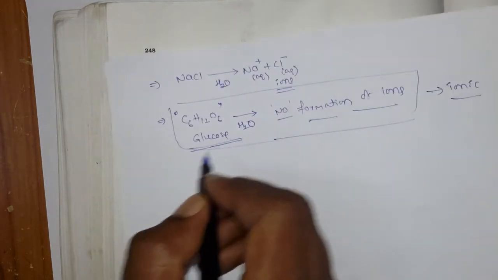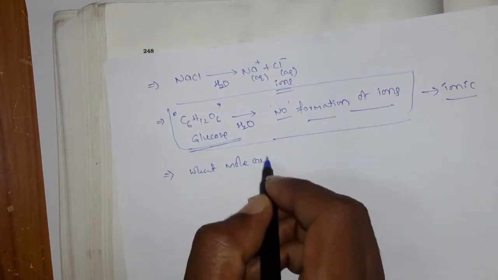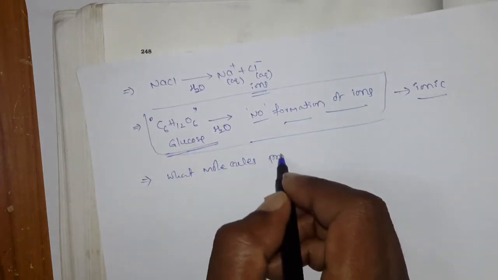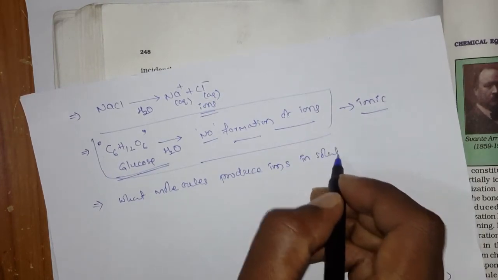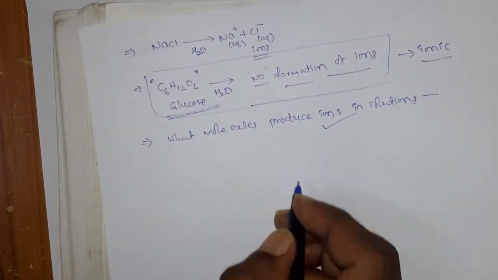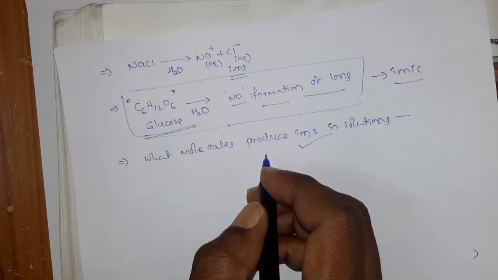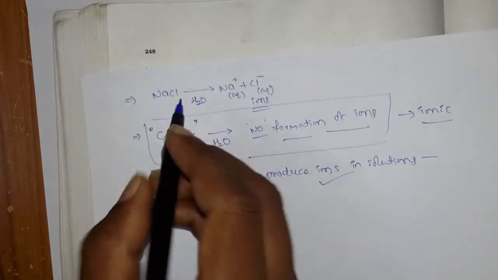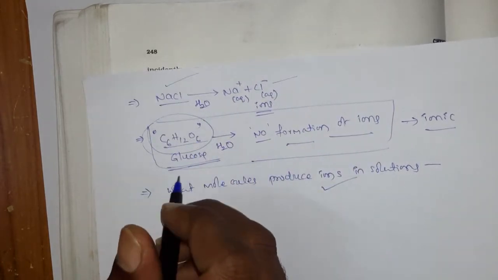Okay, so that is the reason why first you should know what molecules produce ions in solutions. Okay, so this you have to know, right? Because this is very, very important. Once you know what compound can dissociate and give the ions, then easily you can say that these are the molecules or compounds we can study under the ionic equilibrium. Okay, the best two examples: sodium chloride can dissociate into the ions, but the glucose cannot dissociate into the ions.